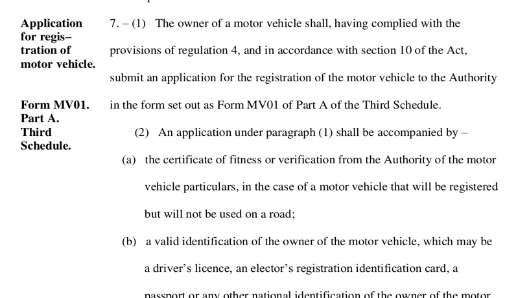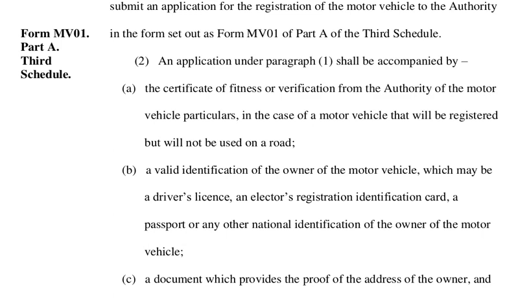B. A valid identification of the owner of the motor vehicle, which may be a driver's license, an elector's registration identification card, that means a national ID, could be a passport or any other national identification of the owner of